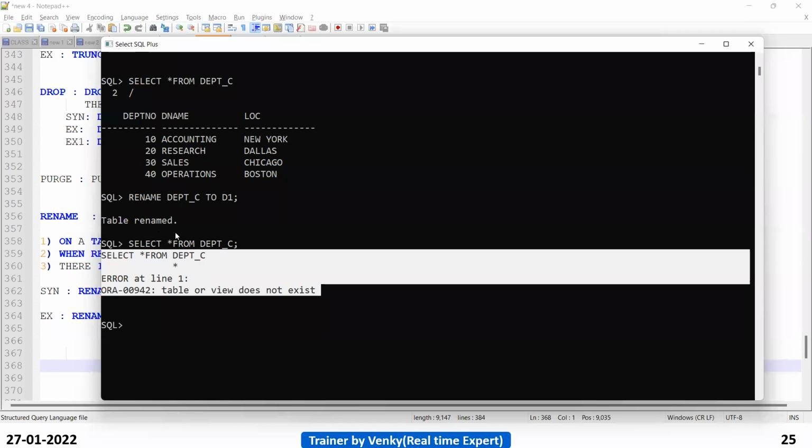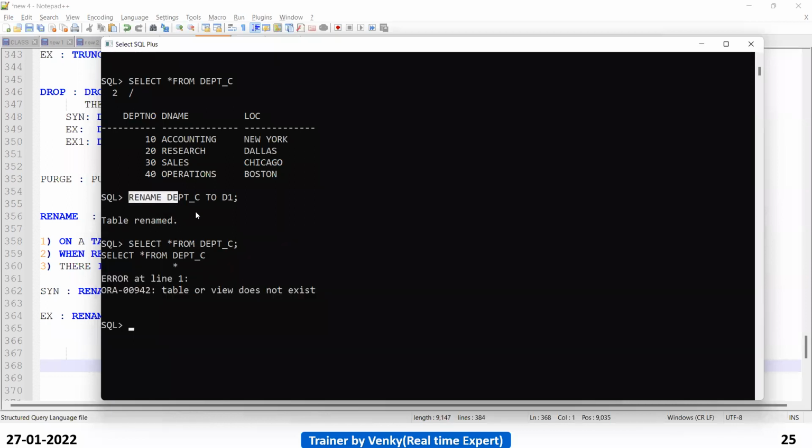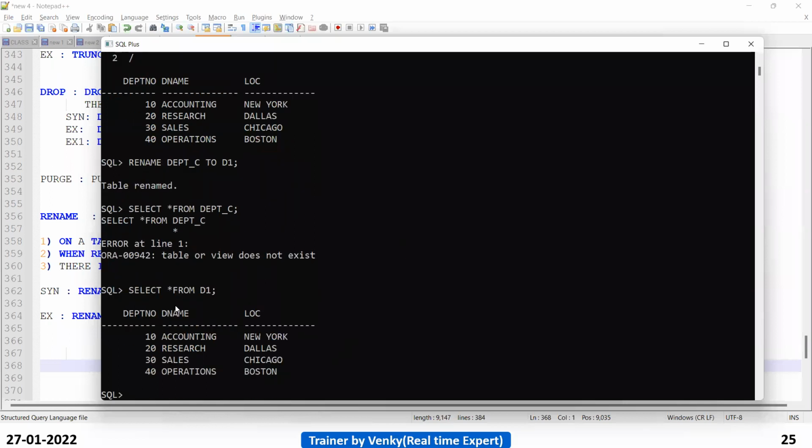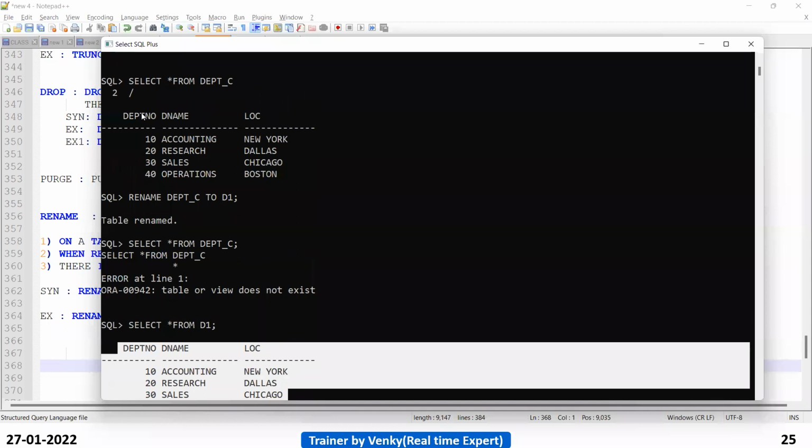Because of what, guys? Because we renamed it. We renamed the table to D1. Let us try to access D1 now. See, same result.